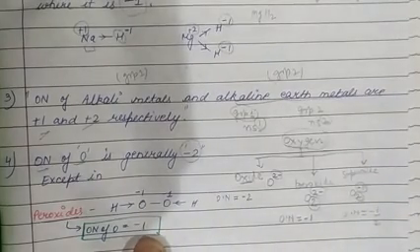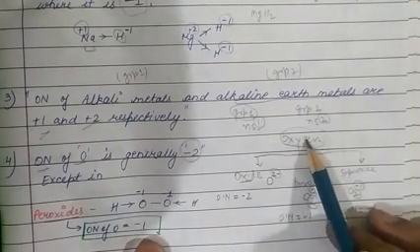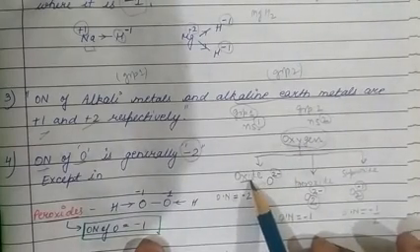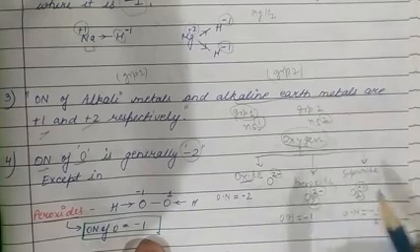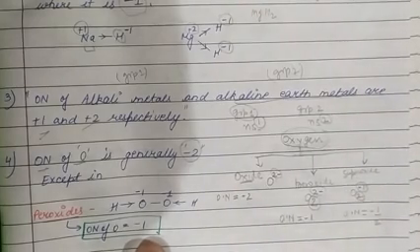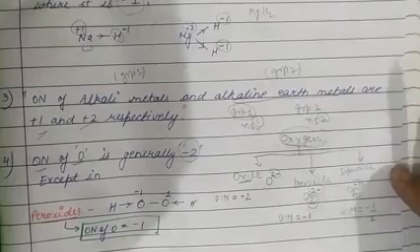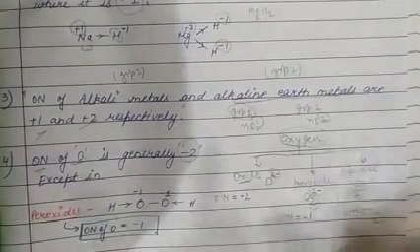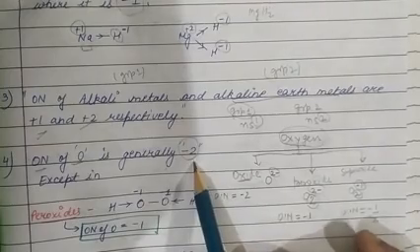So these are the 3 oxidation numbers we will use for oxygen. When oxygen is in the form of oxide, -2. When oxygen is in the form of peroxide, -1. When oxygen is in the form of superoxide, then -1/2. Generally, in 90% of cases, oxygen is present in the form of oxide. Therefore, we take the oxidation number of oxygen as -2.